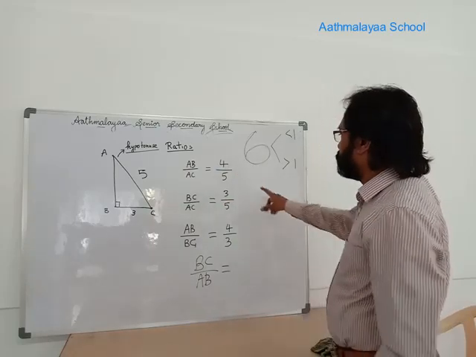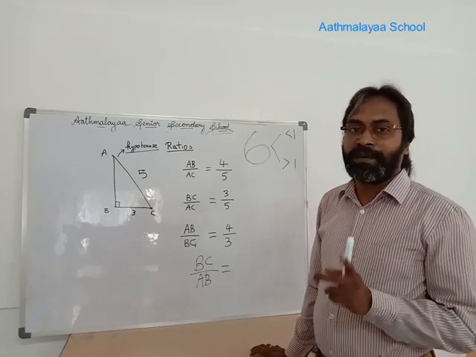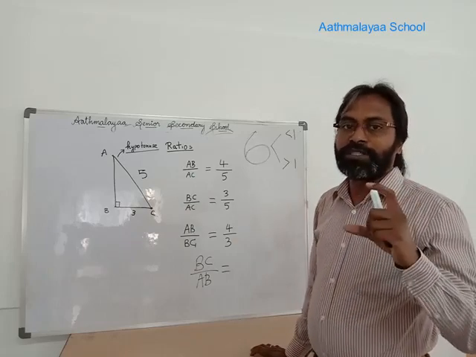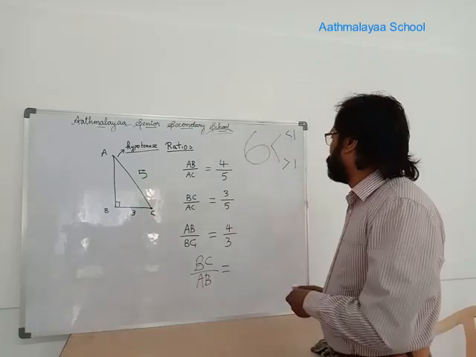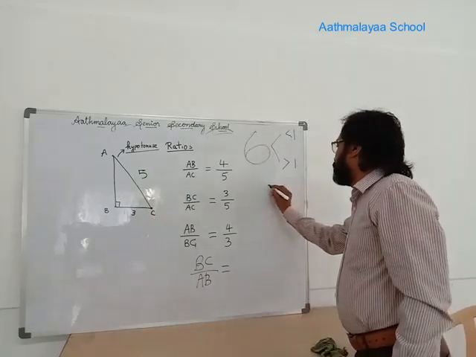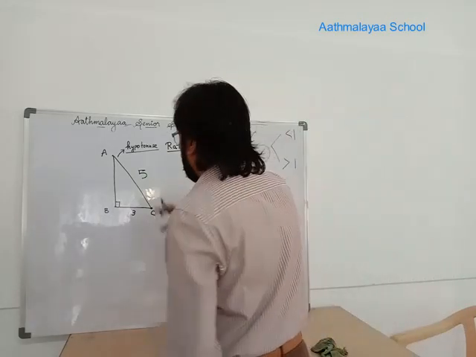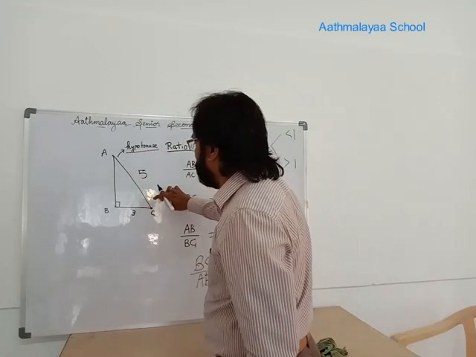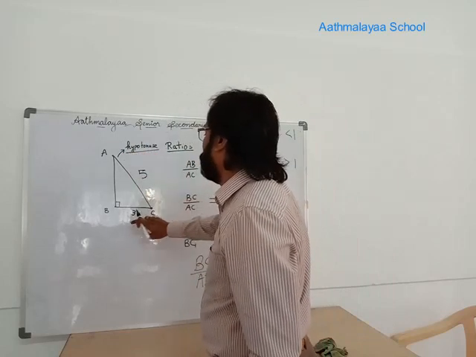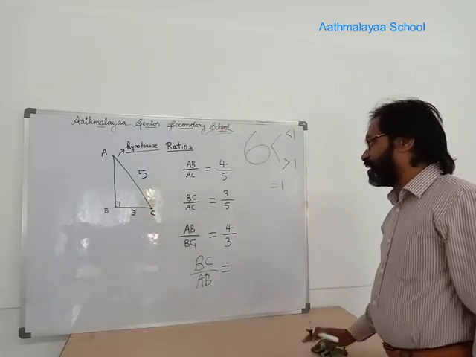But earlier I told there is no equality possibility. The equality possibility I told is not possible for two sides taking the ratio equal to 1. This is not possible only when the third side, that is the hypotenuse, cannot be equal to AB and BC. That is what I meant earlier.